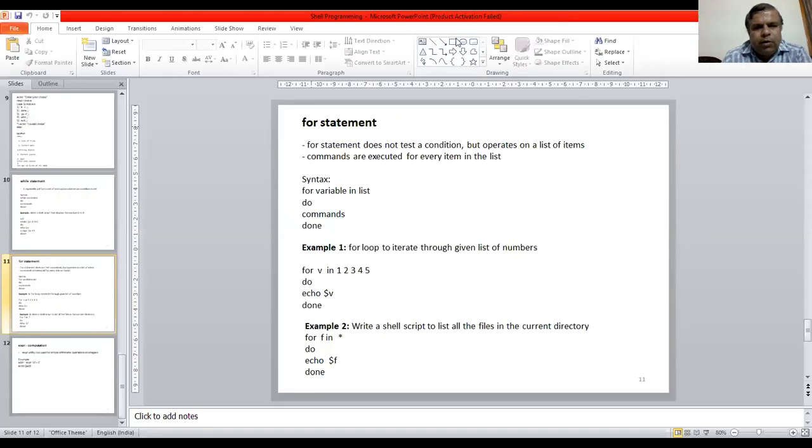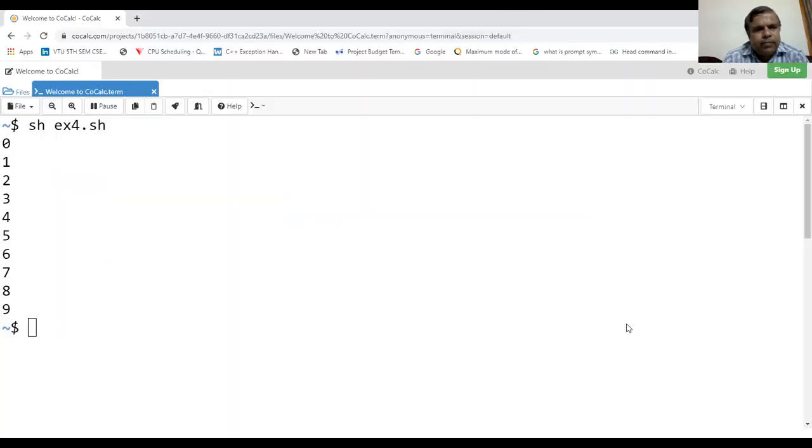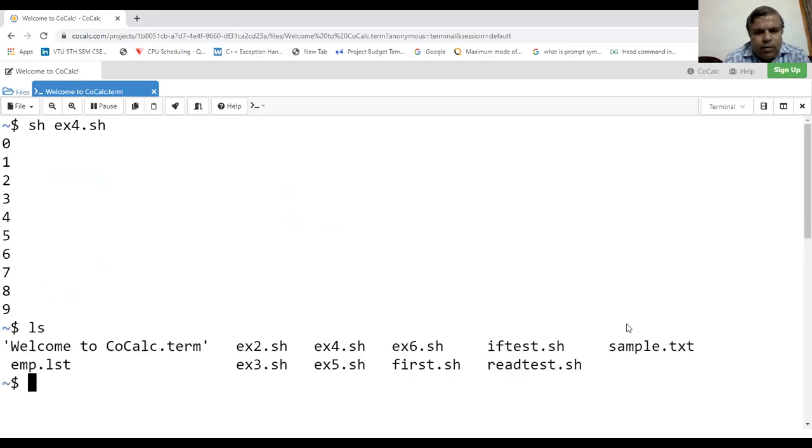Let's see the example of the first statement. Again, the file name is ex5.sh.